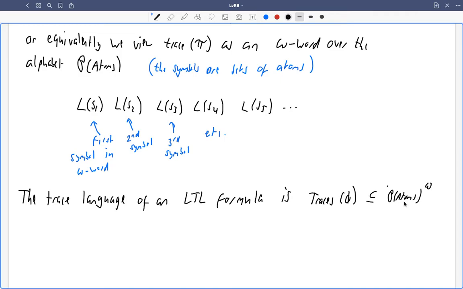Indeed, it's a set of infinite words where each individual symbol in the infinite words is a set of atoms. And this is defined by the set traces phi is defined by